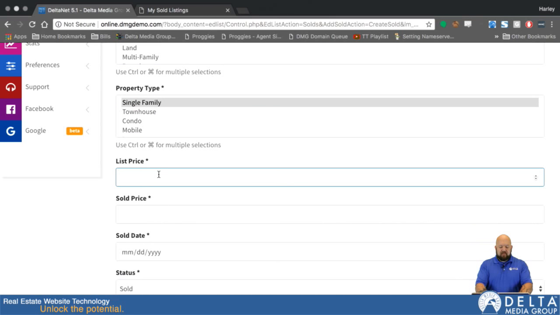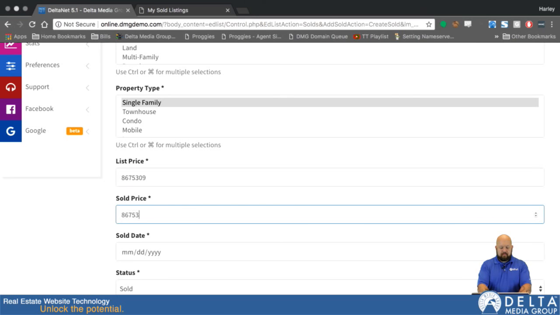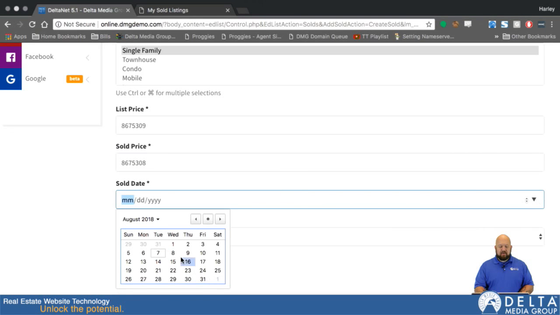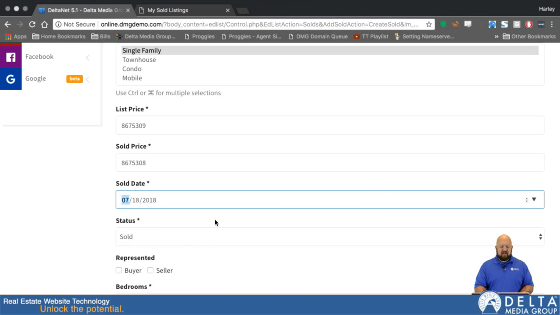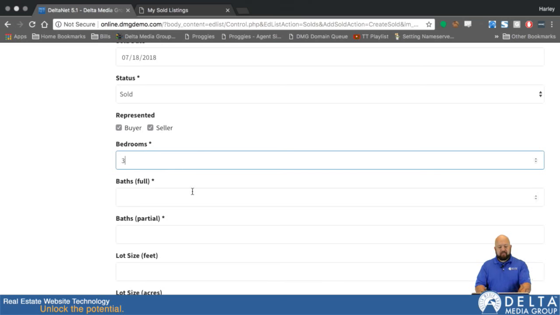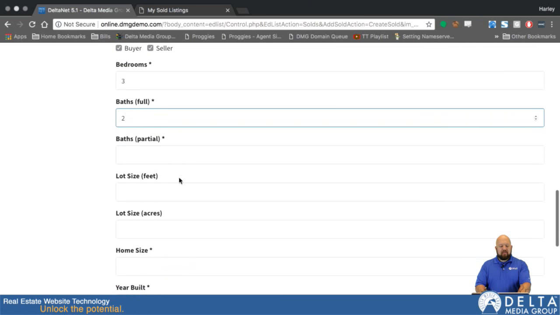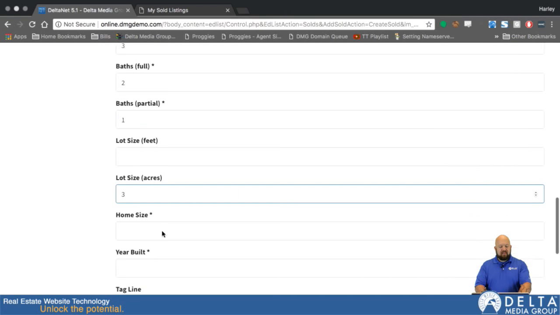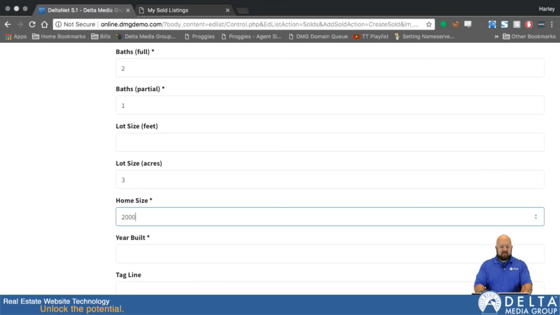We'll give this a list price and a sold price. And we'll decide what day it's sold here. Sold in the future. That seems implausible. There we go. Sold last month. Let's do that. Status sold. We'll say I represented the buyer and the seller on this one, but you can pick and choose there. We'll go with the old tried and true, 3 bedrooms, 2 bathrooms, and 1 partial bath. Say it's on 3 acres, 2,000 square feet,